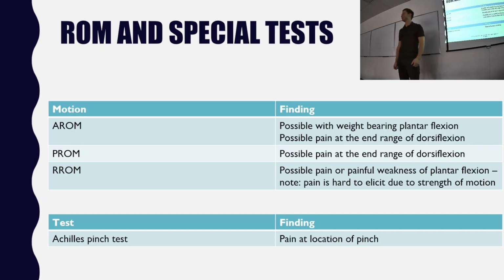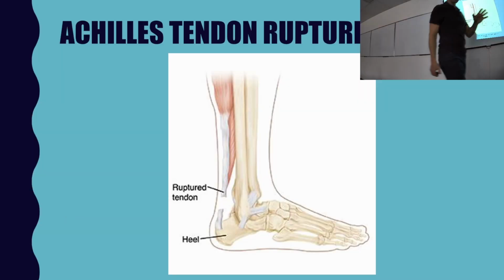Ow. Who says ow? Sage, of course. That's indicative. Ow is positive. You pinch the Achilles tendon, it shouldn't hurt. You should be able to really squeeze that thing without any pain. It should be really, really close to the calcaneus, but not on it. Right above it. We'll practice this on each other and I'll show you how to do it properly, but that's it. So again, I'm cruising through it because I want to talk about Achilles tendon ruptures, and then we'll kind of bundle it all into one big discussion.